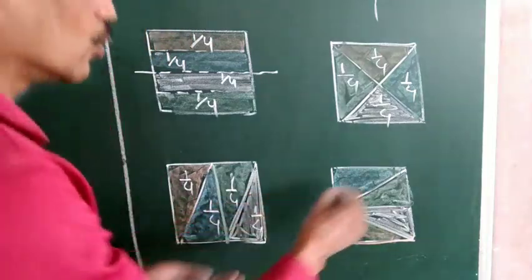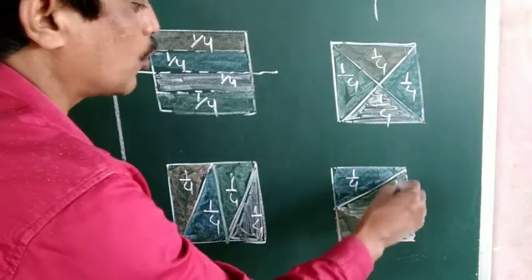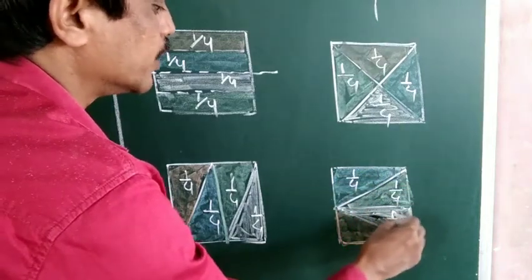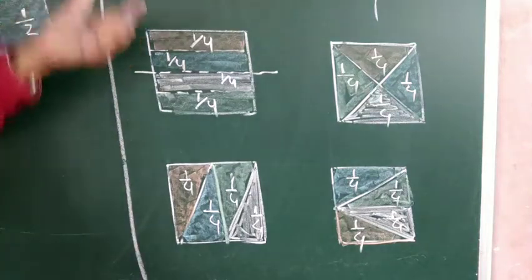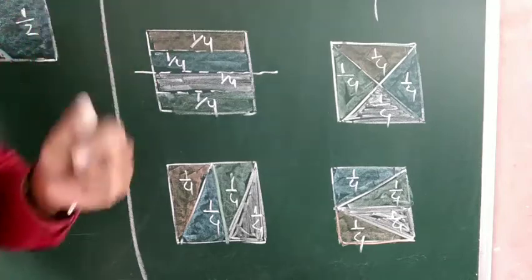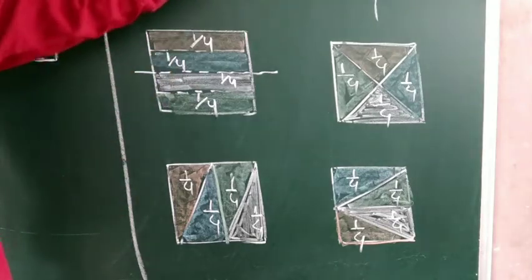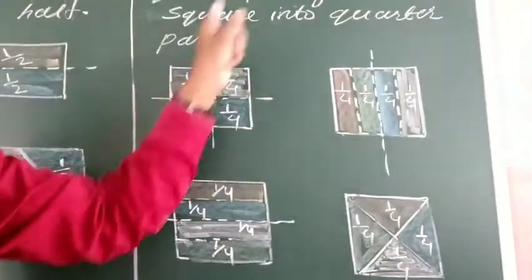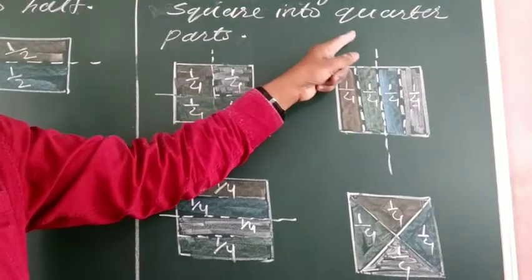One whole sheet. So we can write here, this is a quarter, 1/4, 1/4. This one is also 1/4 and this is also 1/4. So this way we can cut the square sheet in many different ways into 4 quarters, into quarter parts. So many ways. What is the question here? Many ways to cut a square into quarter parts.